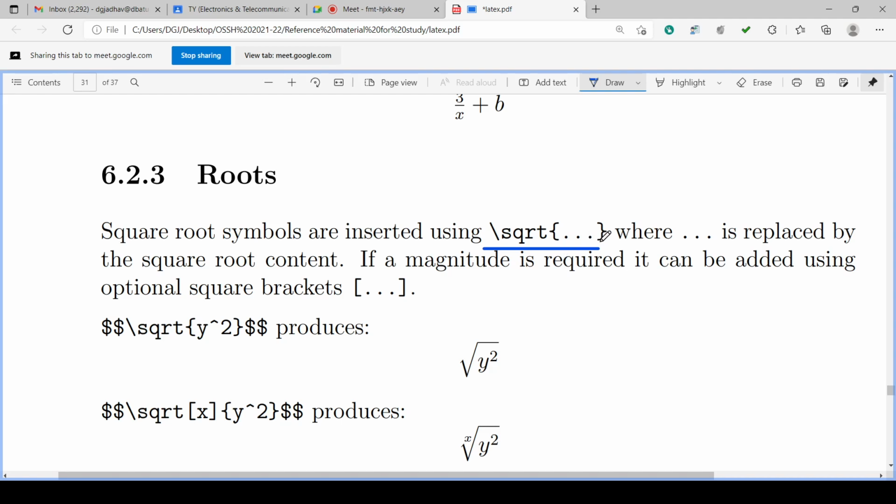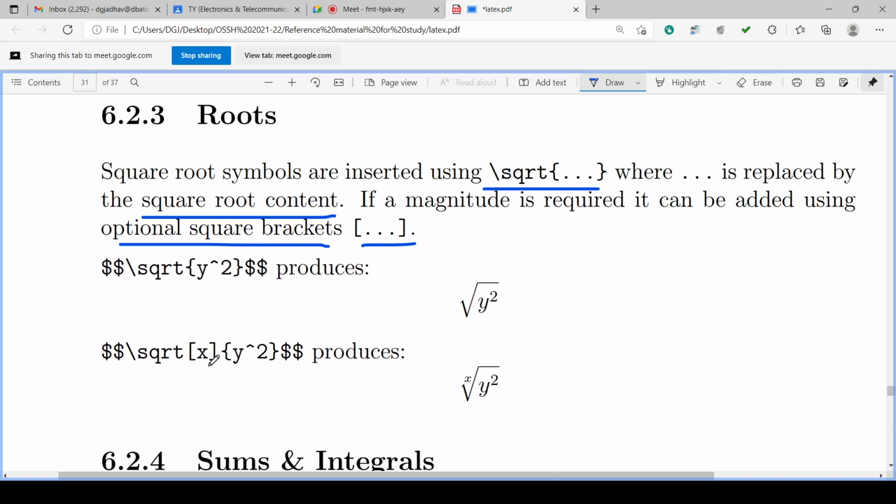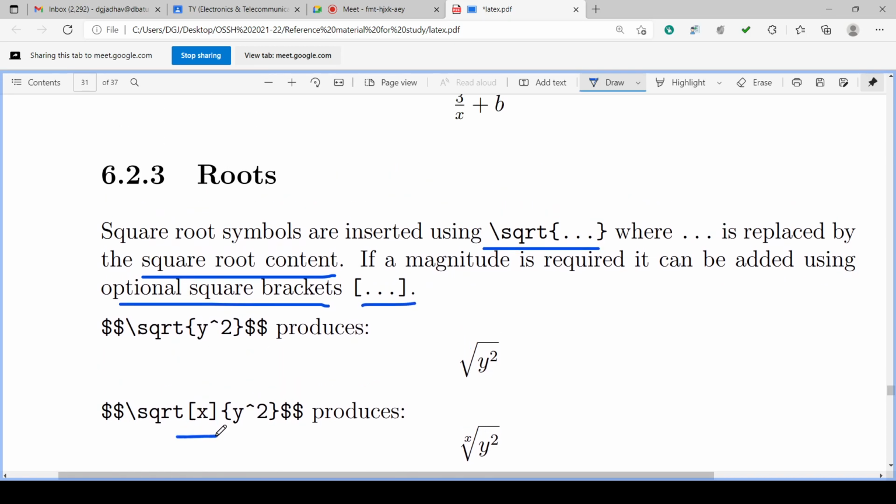Sqrt, curly bracket, dot dot dot, curly bracket complete, where the dot dot dot is replaced by the square root content. If the magnitude is required, it can be added using an optional square bracket. Third root, fourth root, xth root. A square root is the second root, but a third root, fourth root, or xth root is also possible. You can add an additional square bracket.